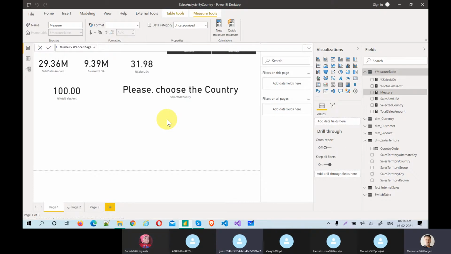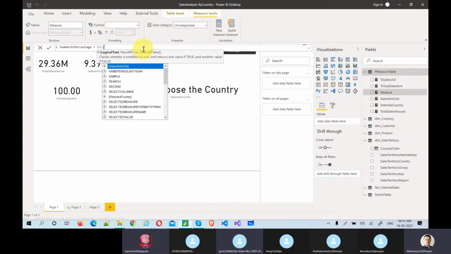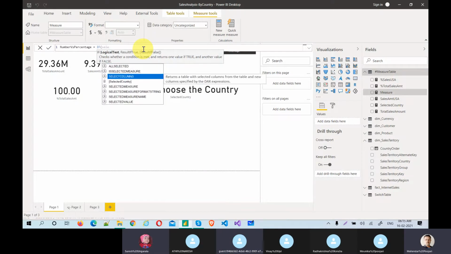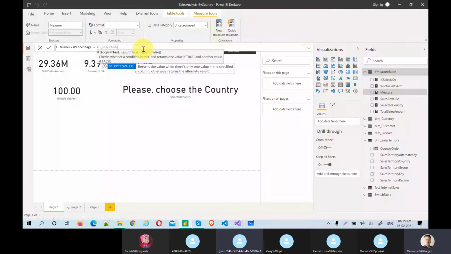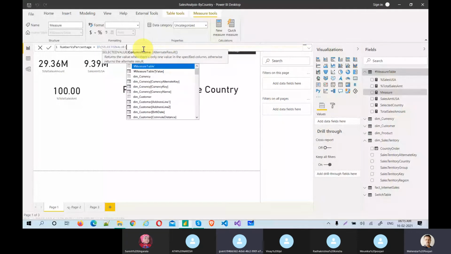Just see, if, logical test, result true, result false. This is the one. So I'm going to use the syntax: if the selected value, and selected value is one more function, because we have created one switch table. Remember the switch table is used here.